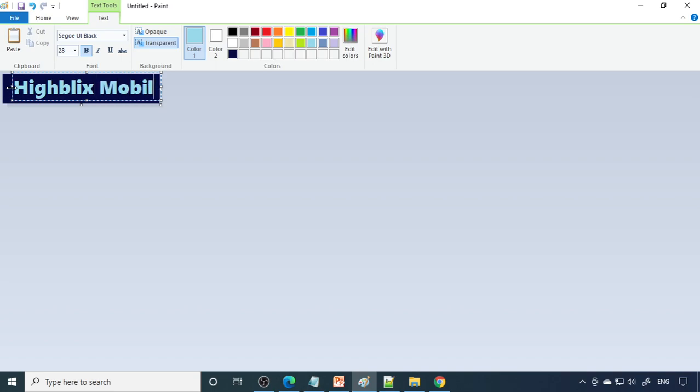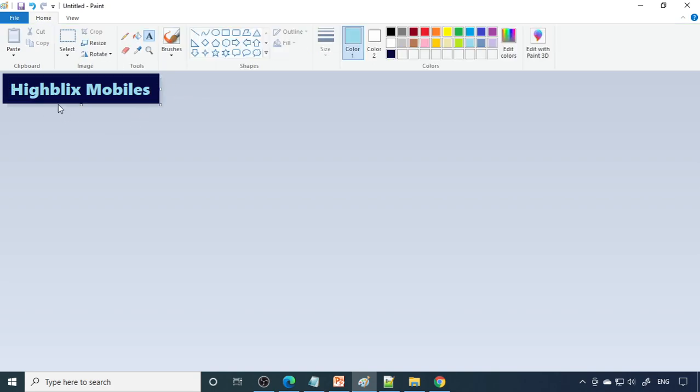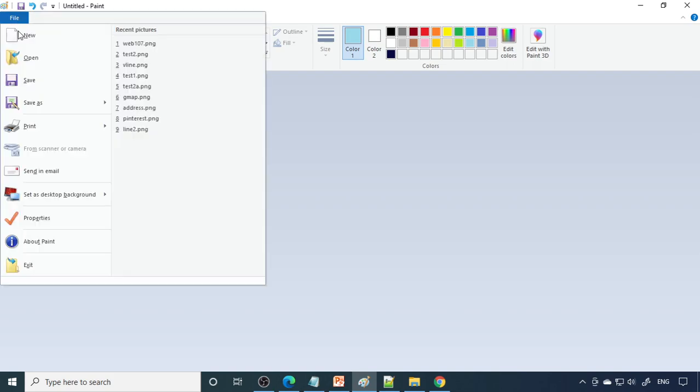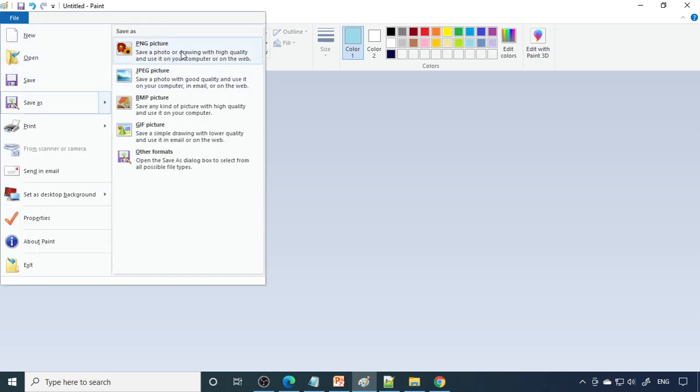Okay, so now the size is not sufficient. So what I'll do is cut this. Let me increase it a little bit, otherwise I'll reduce the font itself. Let's say 24. Even though you change it, because the font is already at 28, now you have to make it 24. Okay, let's make it mobiles. We can make it in multiple ways, but this is the simplest one I can show you. But you can keep trying and improve the logo design.